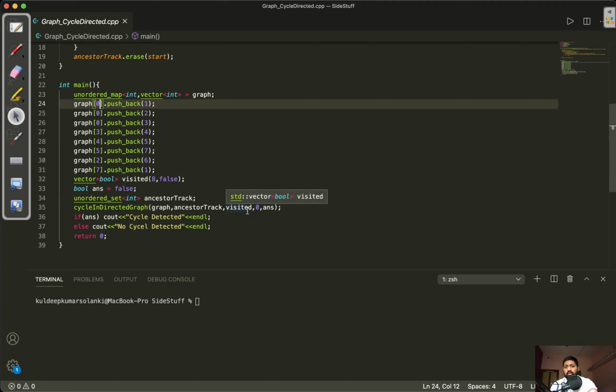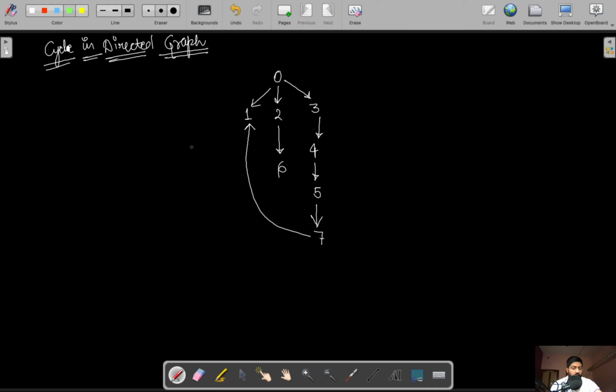So now let's look at how to detect a cycle in a directed graph with the help of an example. Suppose we are given this graph in the form of vertices and edges, and we have to detect whether there is any cycle present in this graph or not. As we can see with the naked eye, there is no cycle present in this graph. This is not a cycle because the edges are opposite to each other. So in this graph there is no cycle present.